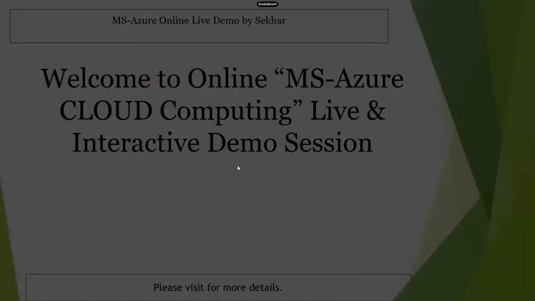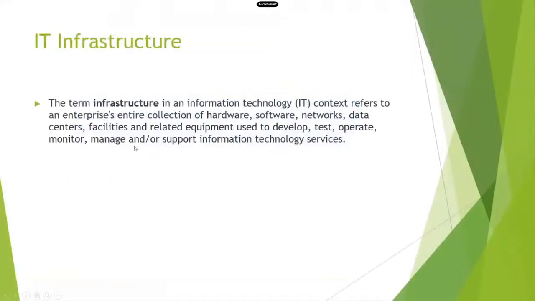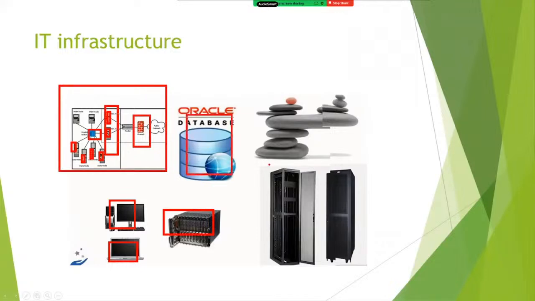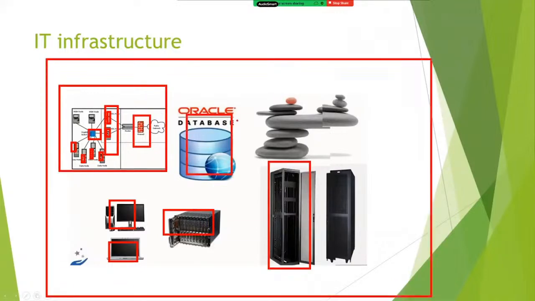Have a look, this is the IT infrastructure. We can call it all devices. These are all the devices, and all devices are communicating to one router. This is the load balancer, this is the firewall. So we have a database and a server rack. This we call IT infrastructure. That's why I mentioned the definition: IT infrastructure is a collection of hardware, software, switches, network, and load balancer.